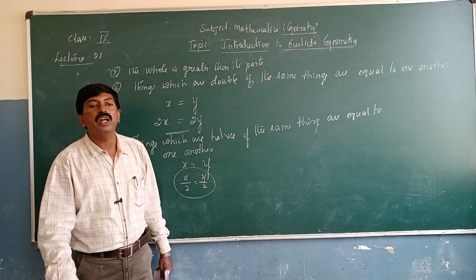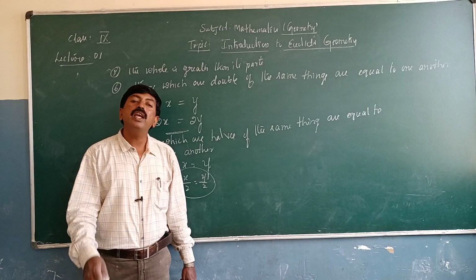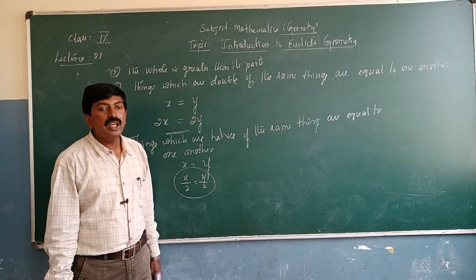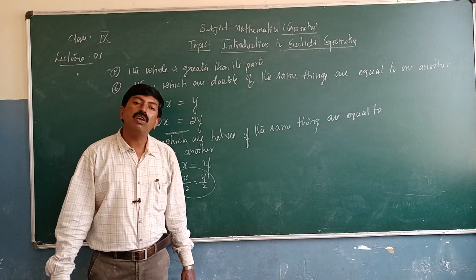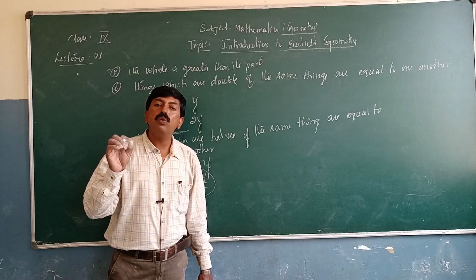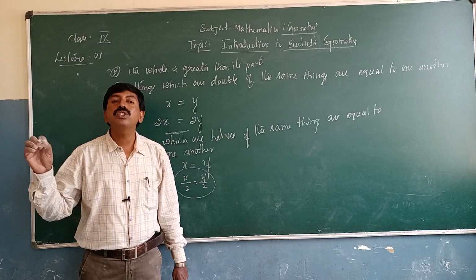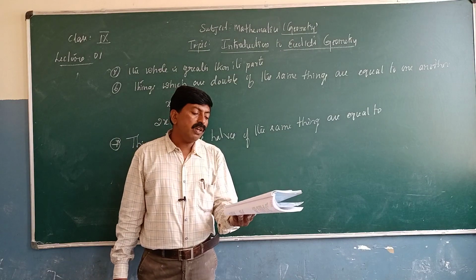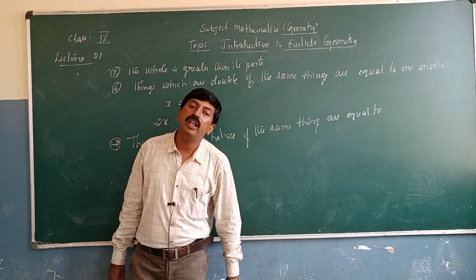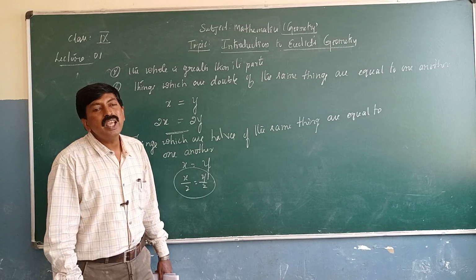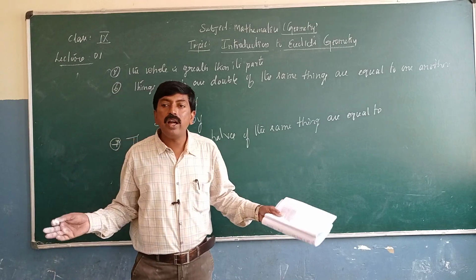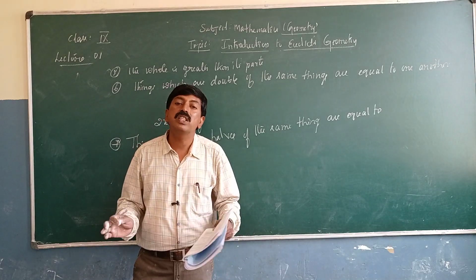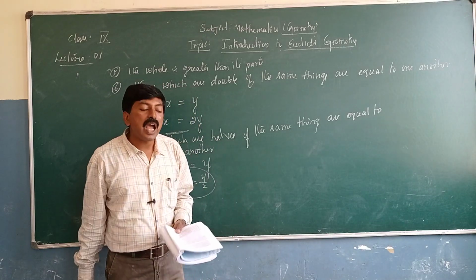Equation 1, I think you already know, 2, 3, like that. Or A is equal to B and B is equal to C, then A is equal to C. So that is what we can call things which are equal to the same thing. And the second axiom: if equals are added to equals, the wholes are equal. The same quantity you have to add on both sides. The value does not change. That is the second axiom.